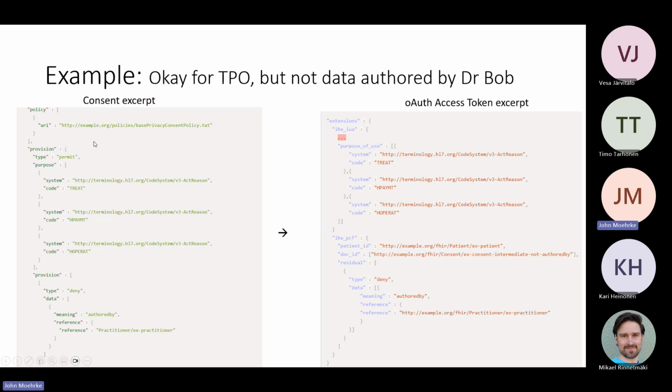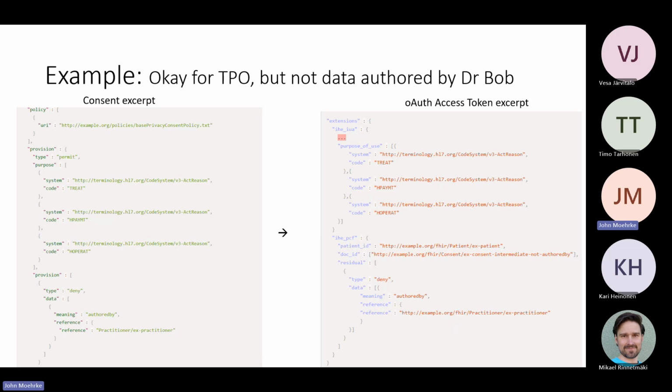So what this is saying is we're going to allow any normal treatment interaction, but we're not going to allow any data that's been authored by this doctor. So imagine this is the case where the doctor is a mental health practitioner, and the patient is just simply saying, hey, anything my mental health practitioner has ever written about me, I don't want shared, right?